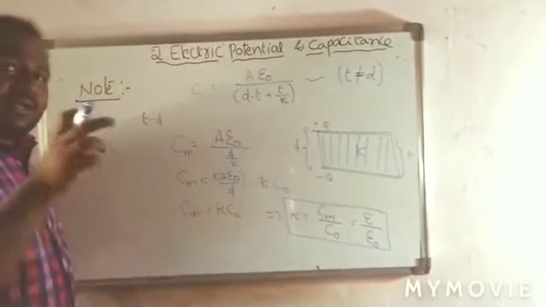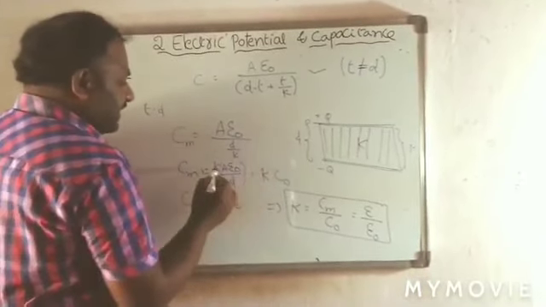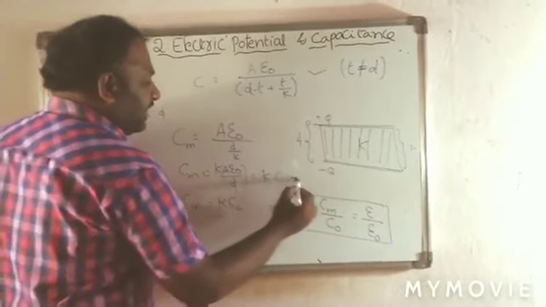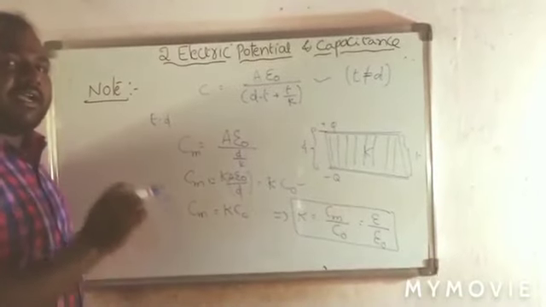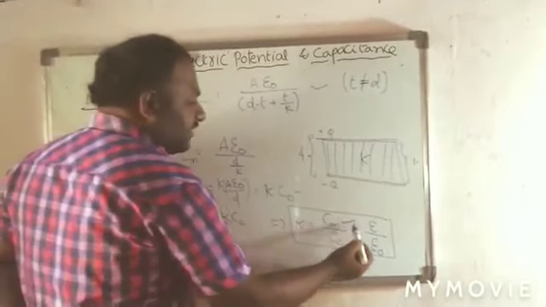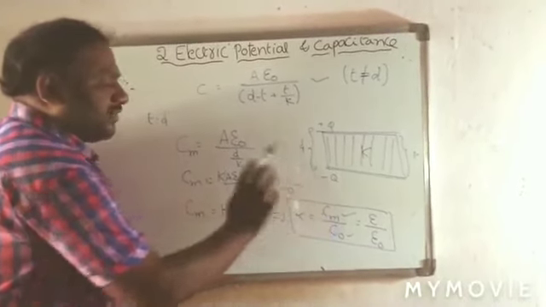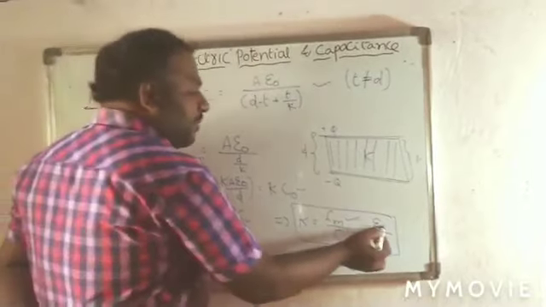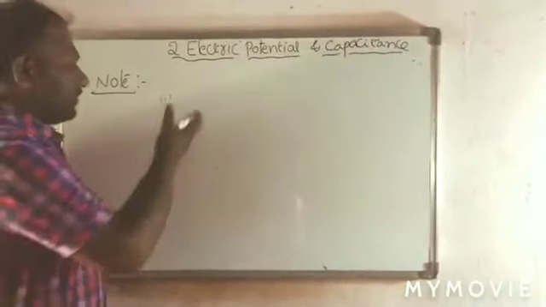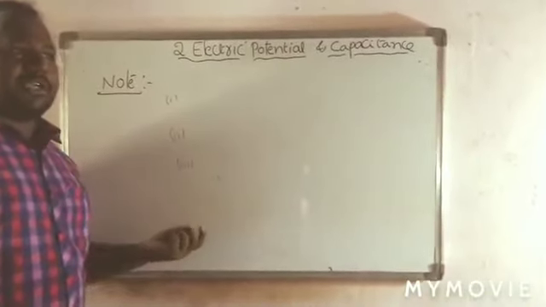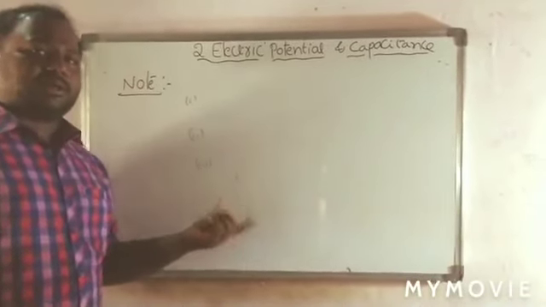When the thickness is equal to the distance between the plates, then we use the formula K into A epsilon naught by D. The relation between dielectric constant and capacitance with medium and without medium is K equal to Cm by C naught. This is the capacitance with dielectric medium by capacitance without dielectric medium, and it is also written as permittivity of the medium by permittivity of free space. Now see the three formulas which are very important for 1 mark questions, and they will ask questions in objective form also.